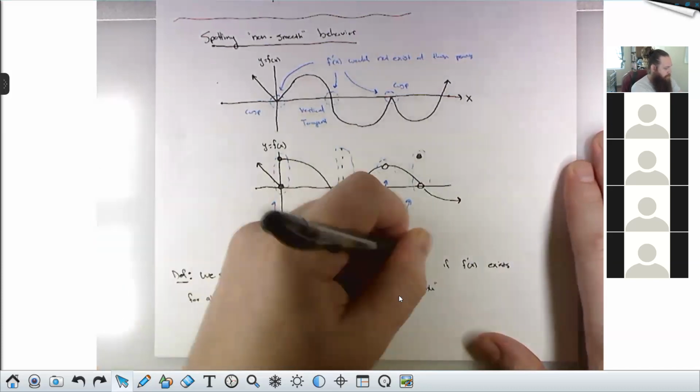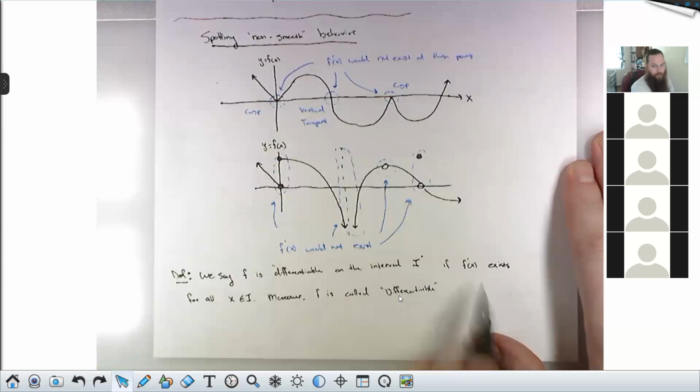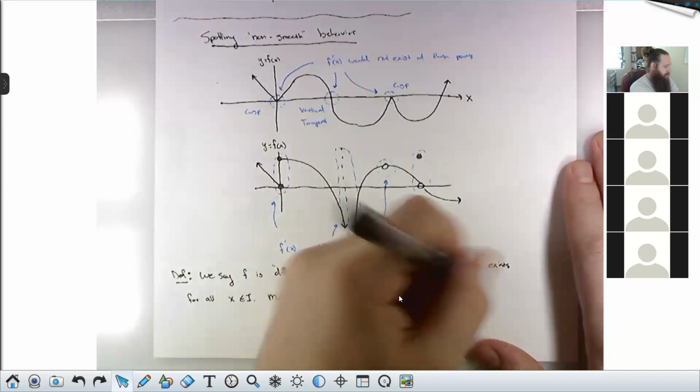Differentiable on the interval I means that the derivative exists everywhere on that interval. Differentiable without any qualifiers, like at x equals 5 or on the interval 2 to 7. If you just say f is differentiable, this means